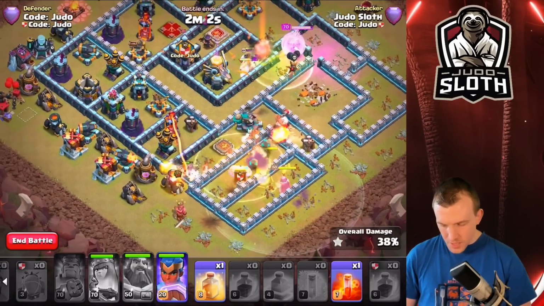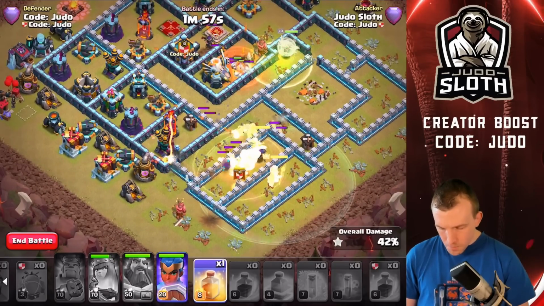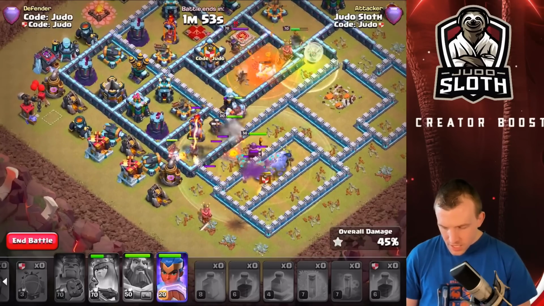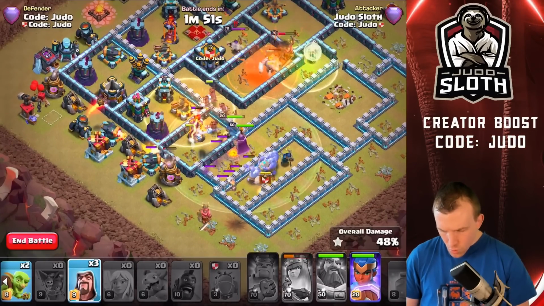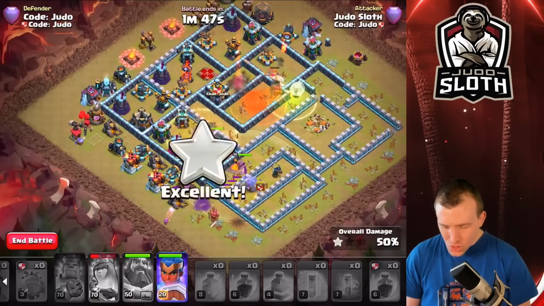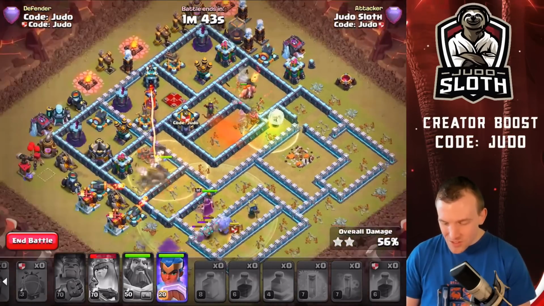Let's use the Grand Warden's ability for the Hog Riders as they come through. Giants doing a good job. We can use the poison there. Everything coming around to the bottom. Let's use the heal for the Hogs as they come through. Where is the Royal Champ? She's doing okay. I thought she was stuck, but she is not. My queen at the top is back to